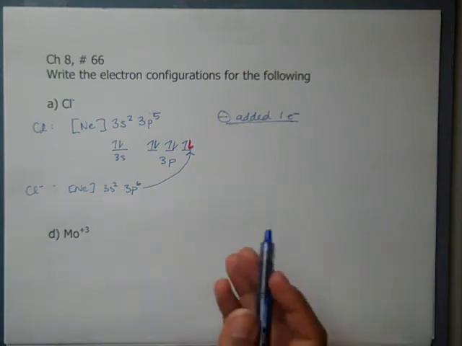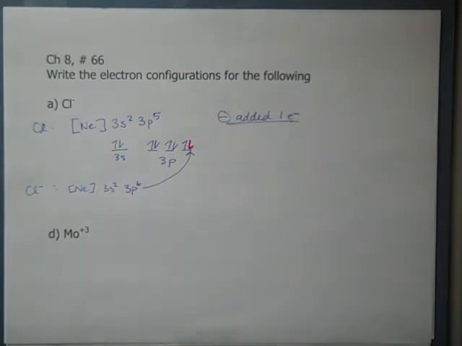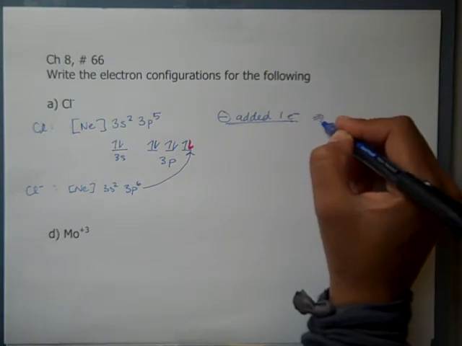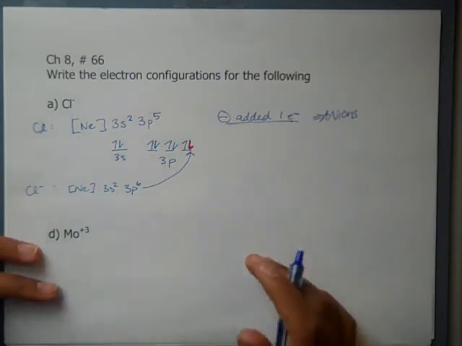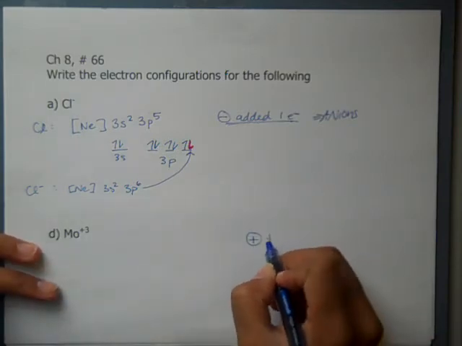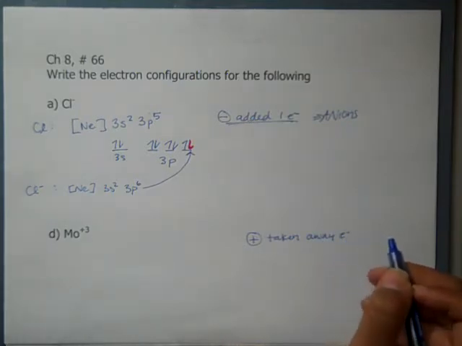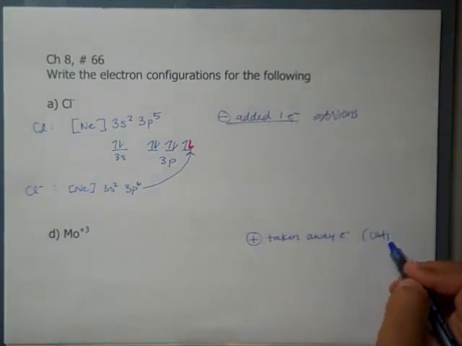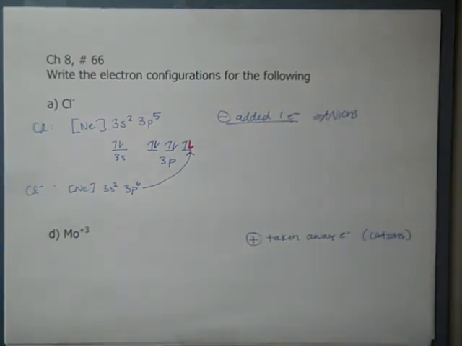So the same thing, well, kind of an opposite thing with molybdenum 3+. So this guy has a 3+ charge, and remember, the previous were for anions. We've added an electron. For a cation, so a positive charge, we have taken away electrons. So that's in general for all cations. Okay, so molybdenum, if we go in the periodic table, the noble gas before it is krypton. So krypton,